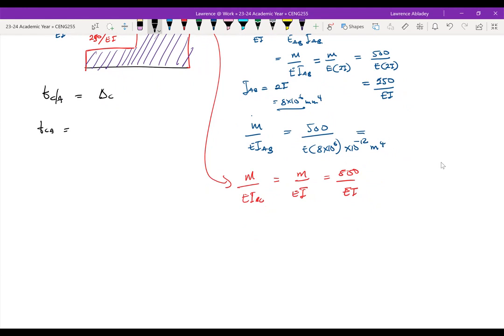So that will give us, so I can look at the smaller section and the bigger section separately. So the area is 250 over EI times 4. So here the base is 4. So I'm just finding the area. The base is 4. And then